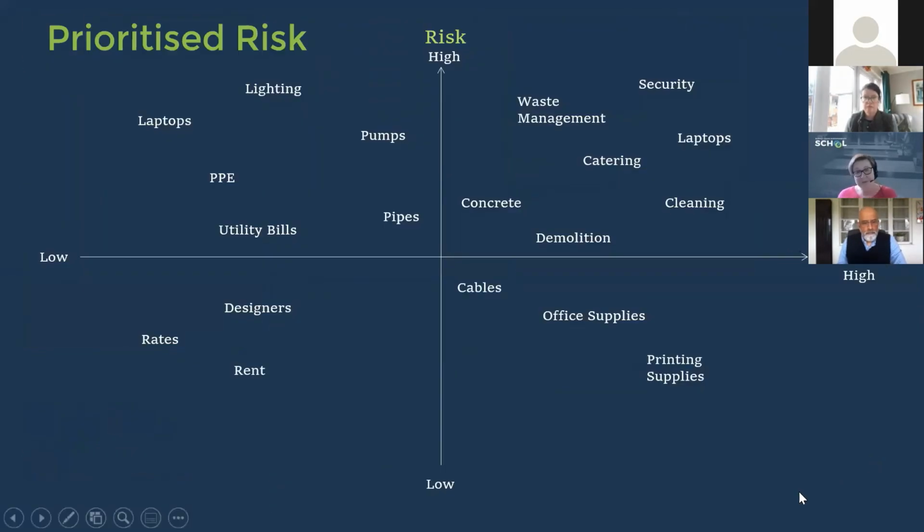The key here is that what you're looking to do is prioritize. So what you're looking for eventually is a heat map that not only gives you those red, amber and greens, but starts to help you prioritize which of those key bits. So where you have a high risk, where you have a high amount of influence, like security, like waste management, you may decide those are your key priority areas, and that's what you're going to focus on in terms of putting your procurement strategies together. That's the end game for most of this when you're putting this risk is, I have this information, what do I do with it? And that's where I need to start getting into the supply chain.